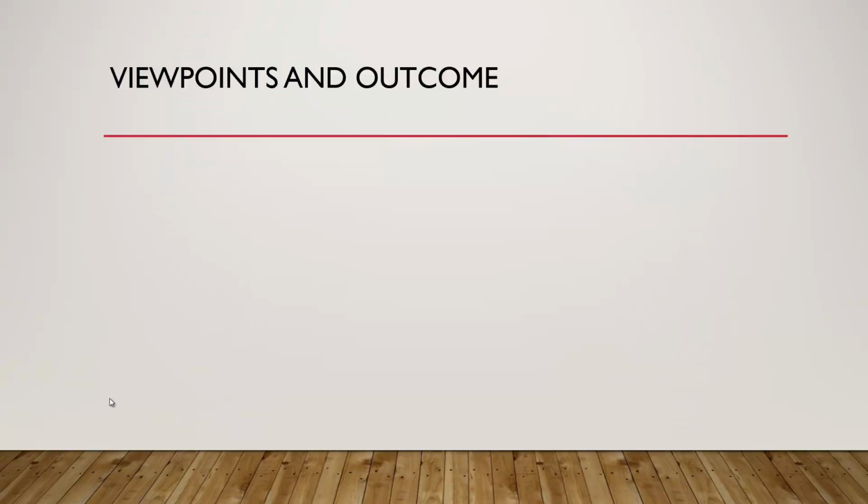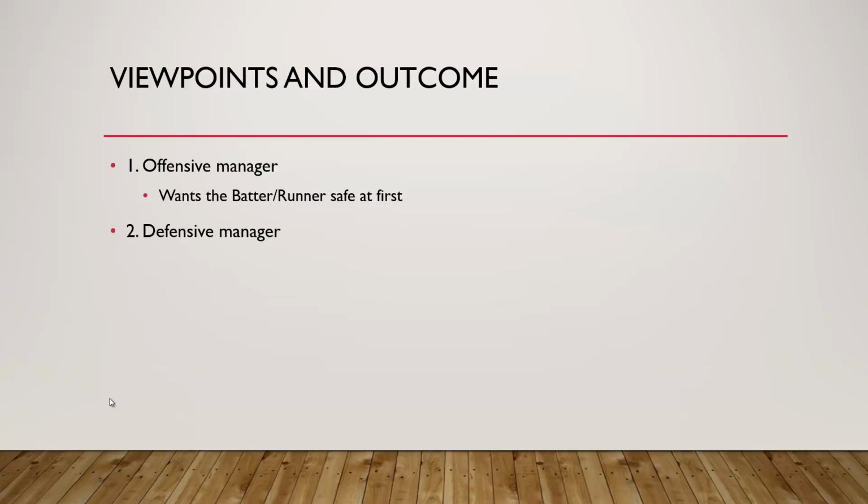Basically, there's going to be three viewpoints and outcomes of this potential play. The first is, what does the offensive manager want? Okay, he's the guy, the manager for the team at bat. He wants the batter runner safe at first. He wants the safe here. He doesn't want an out, of course. The defensive manager, what do you think he wants? Well, of course, he wants the opposite. He wants the batter runner out. When we look at this now, what does the umpire want? Well, we all know that the umpire wants an out, but the reality is that we should want to make the right call. Okay? So let's continue down this rabbit hole and break these things down a little bit further,